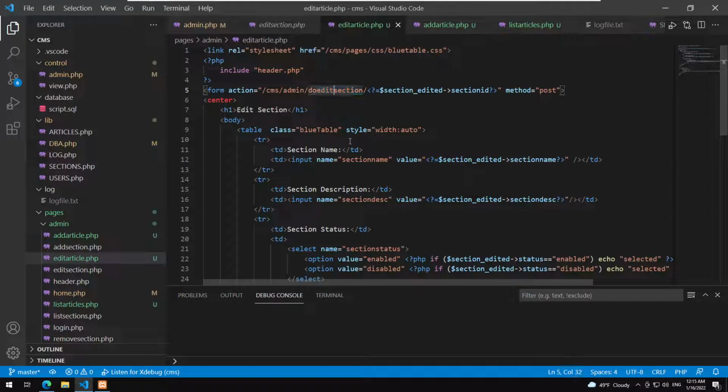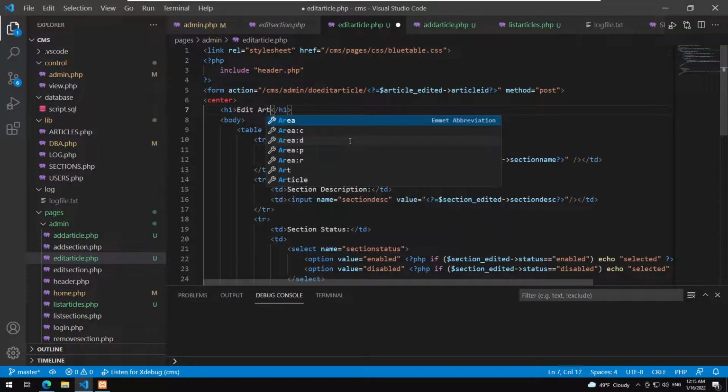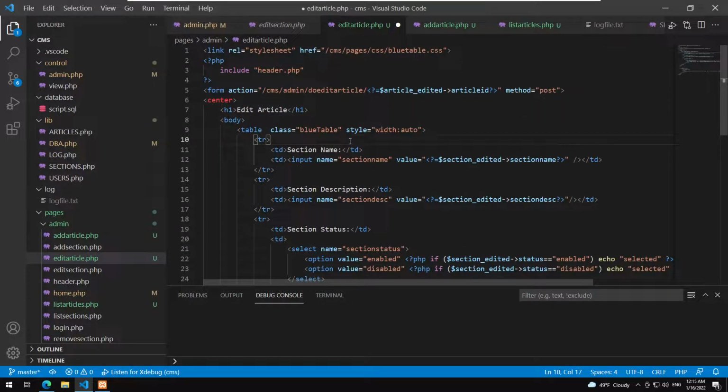So do edit article is the way we are sending things, and we need to specify the ID. So article edited dash is gonna be what? Article ID. Okay, and this is gonna be edit article. And what do we have? So instead of section name, we have article name,